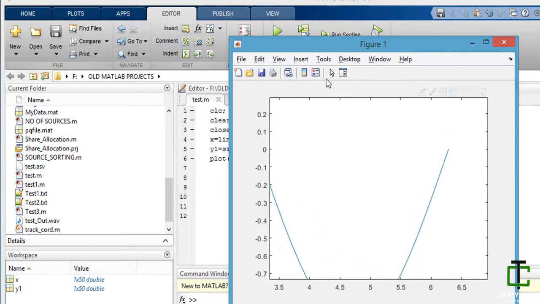There are some other tools, but you don't require them for the time being. Just concentrate on this tool: zoom in, zoom out, and how to see your data.